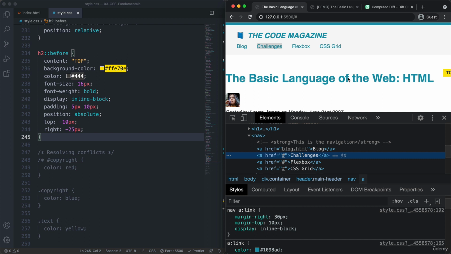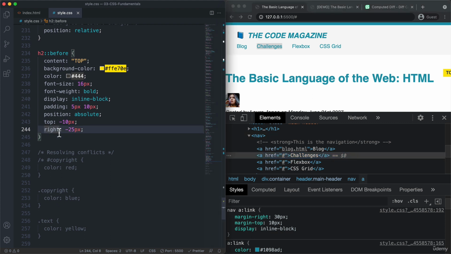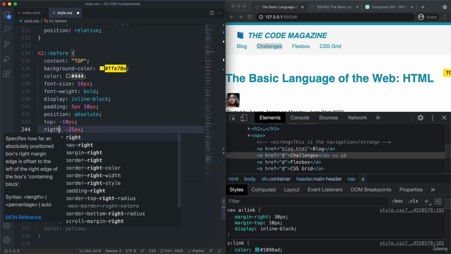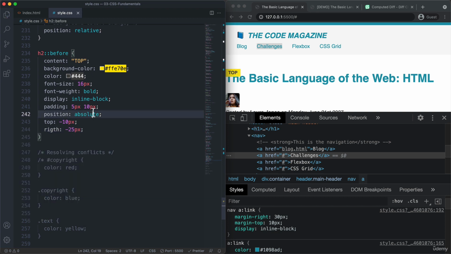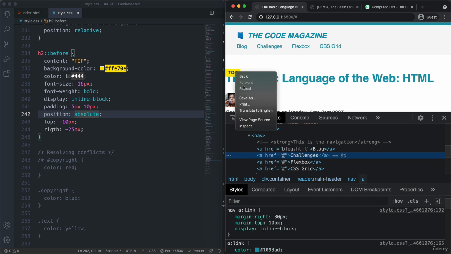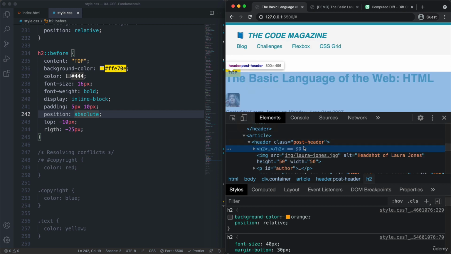Another common problem that might happen is that for some reason you misspell a property name, and that happens all the time. So let's say that instead of write, you wrote this, then you give it a save, and of course the element is not positioned where you expected it to be. So in that case, the simplest thing to do is simply to inspect that element and then check out what